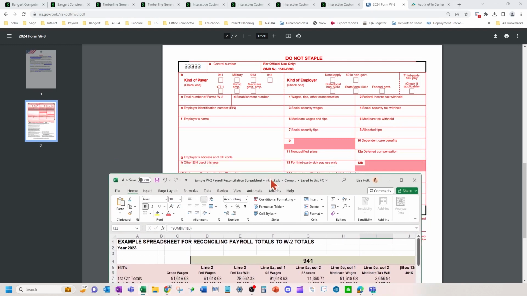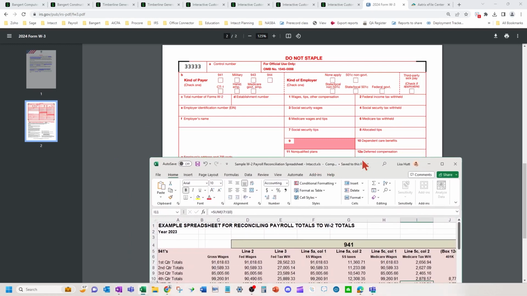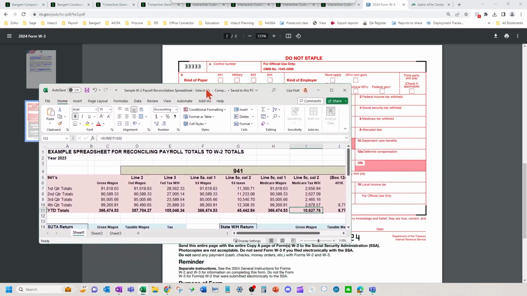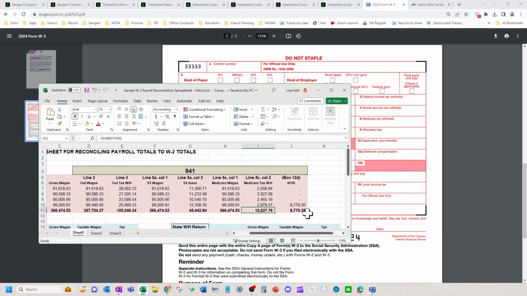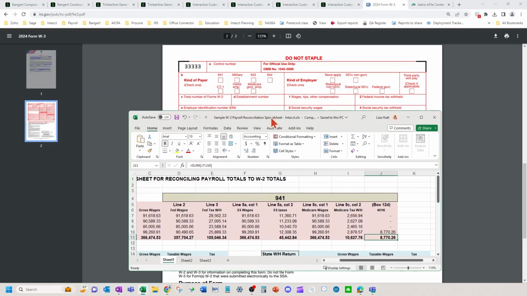Okay, also box 12A here would be your 401k withholding amount here per the deduction reports in Intacct, which I'll show here in a second. Okay, so just a gist of how this worksheet ties out to the actual W-3.